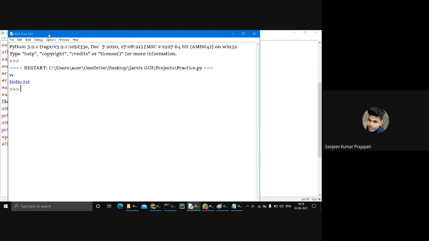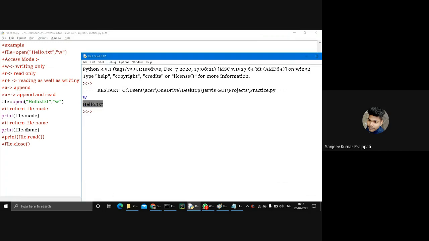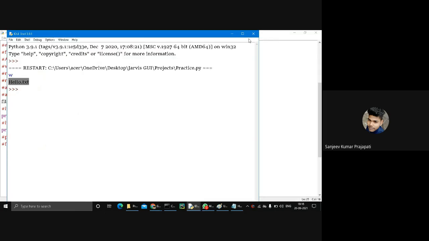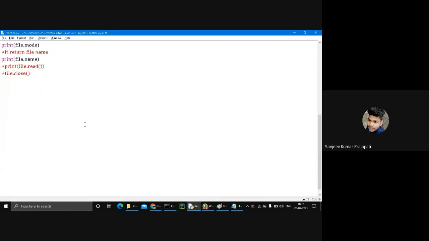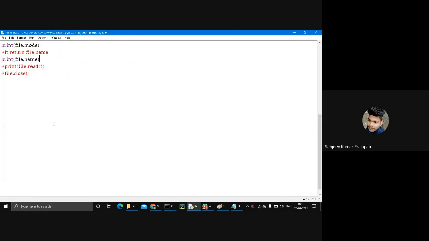You see, this is my access mode and this is my file name. So name is an attribute used to show the file name, and mode is again an attribute used to show the mode of the particular file. I'll give you more examples and perform some operations.